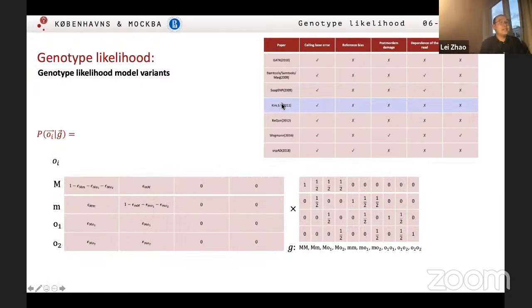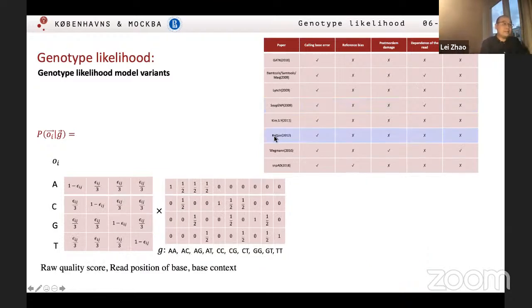And there's this Kim guy from Nielsen's lab a long time ago. When they calculate that, they actually just use the major allele, minor allele, and two invisible alleles, basically, and assume no reference bias. And the interesting thing here is that when they estimate the error, they don't estimate it from the base calling error from the alignment, but from some external source. So I don't think this is quite accurate.